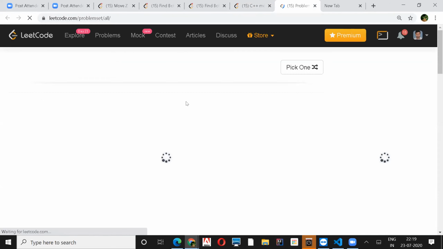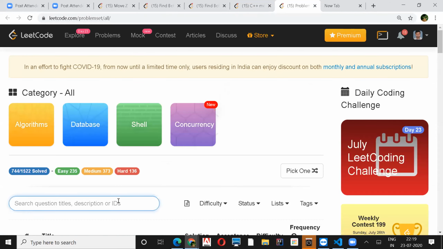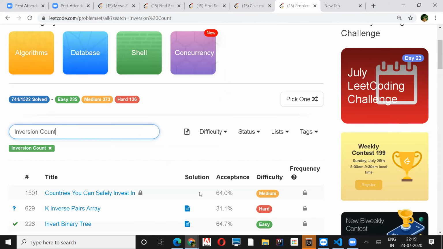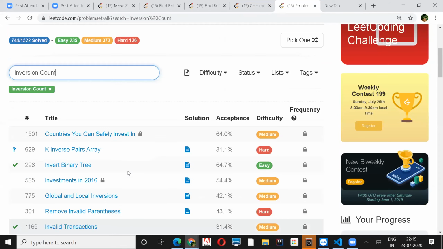Okay, so even if it's an indexed binary search, what are we talking about? Inversion, I'm not able to see, but that is a problem.